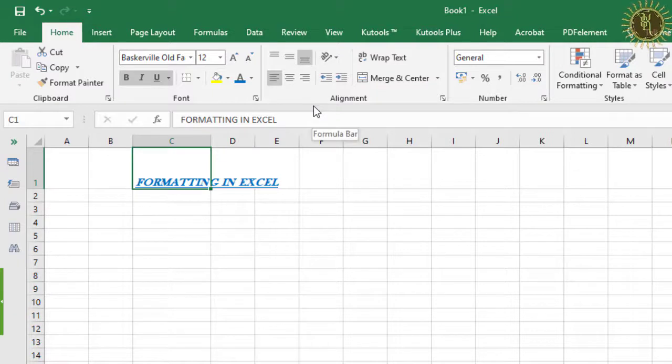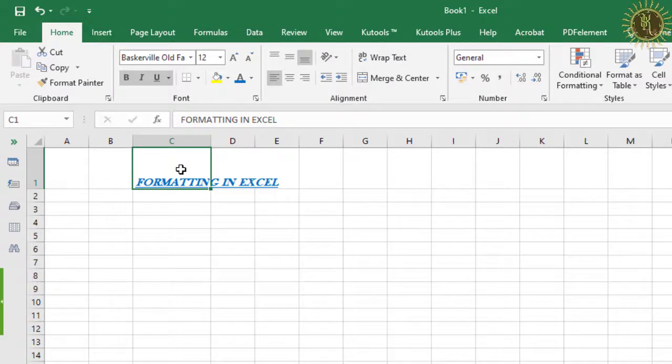Now the next is wrap text. Wrapping text means making the entire text appear on multiple lines in a single cell. So if the text is lengthy and coming out of the cell, and you don't want to change the width of this cell, we use wrap text. Here you can see this text is coming out of the cell, and through wrap text we will adjust this text.